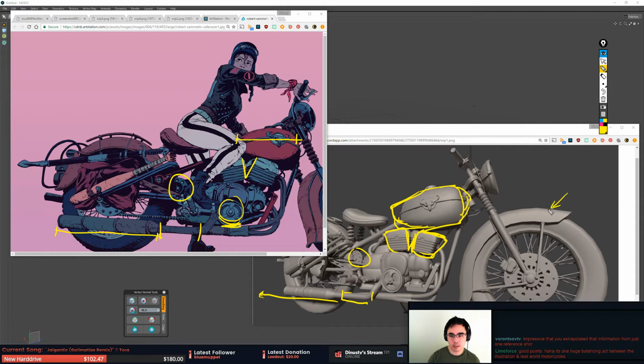Make sure this guy is also still feeling a little low poly. You might be able to almost double the poly count on this curve, just because it's got that thickness to it right here, you might be able to,